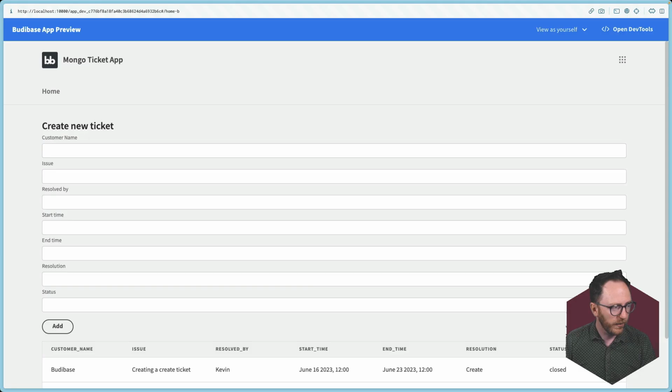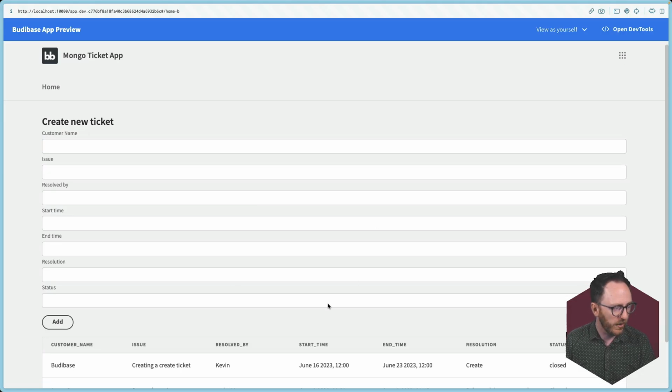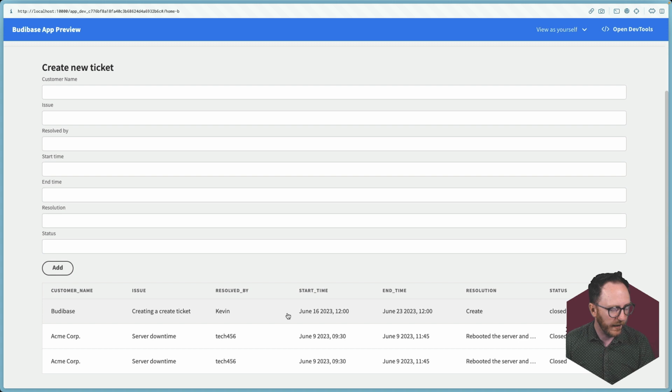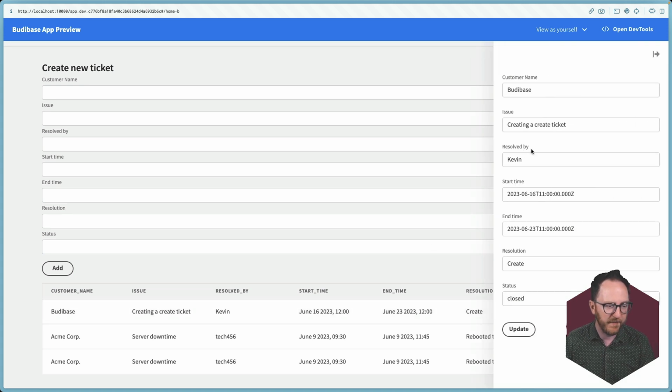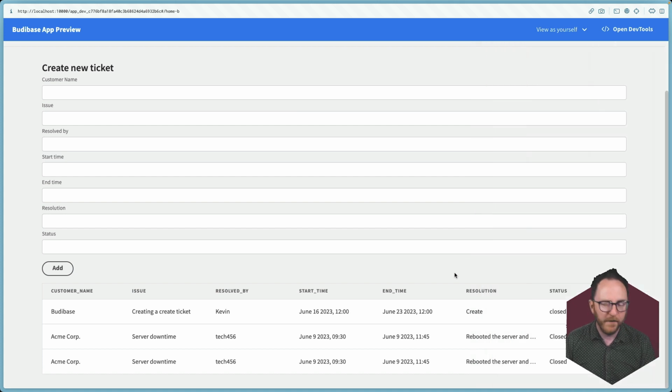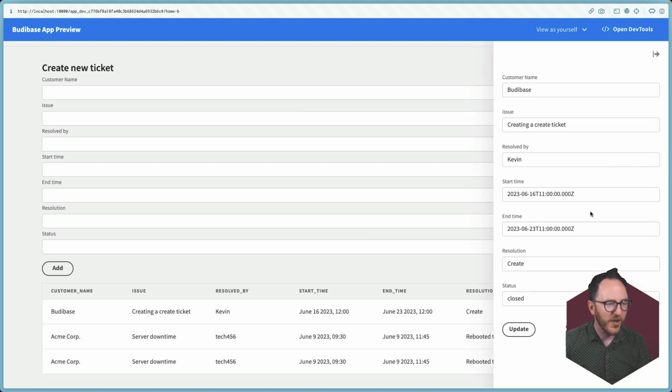So let's preview that. We have our create at the top. We have our form here. If I click on this, it pops out, it's Kevin, start times now, end times then, status is closed, all the rest of that. I click on another one, they are the correct records that are happening. So we have creating a new record up here. We have reading all the records in the table,